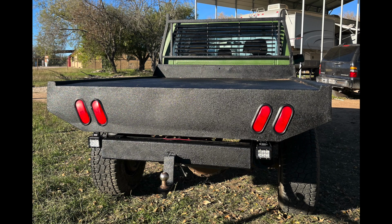Well guys, that was all the video footage that I thought I lost, but I found it on an external hard drive. Well, as you can see, I painted the flatbed with some Harbor Freight paint. A gallon just about did it. I had to buy two other cans of truck bed coating texture spray cans. And you can see I put on the reverse lights, and those are just operated with a switch in the cab. The only thing I have left to do is put on the D-rings,